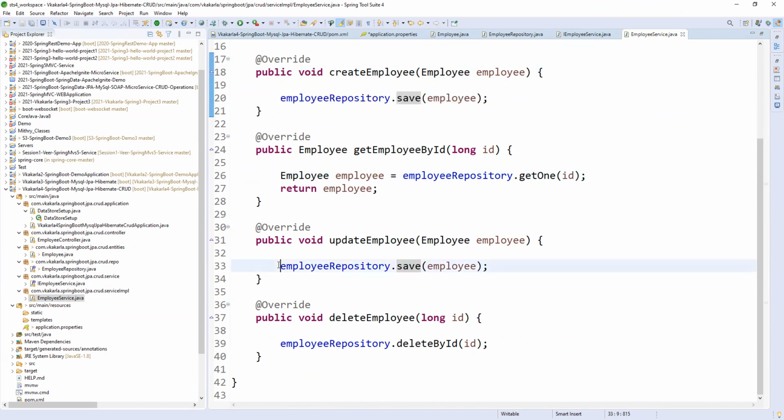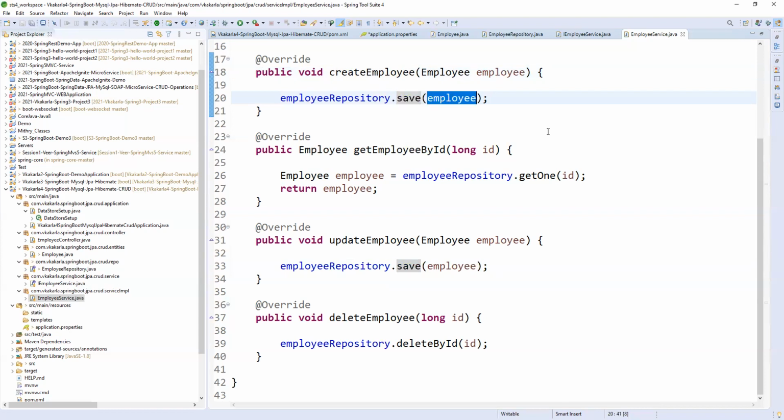So in the repositories, only one method takes care of both. Whenever you want to save or update a record, it will internally check. By naming convention we give one update operation and one create operation, post and put operations in our controller, but internally it will use the save operation only.